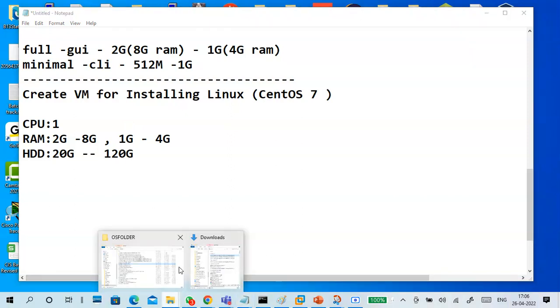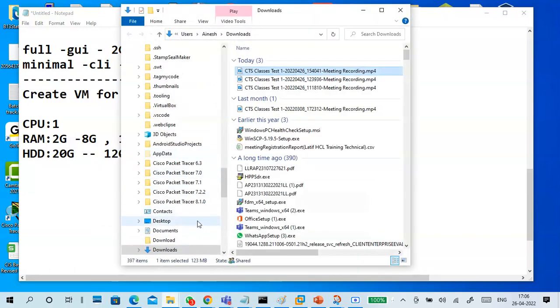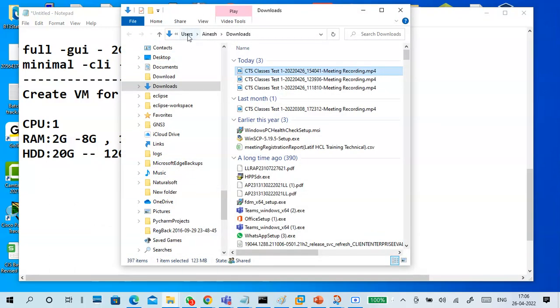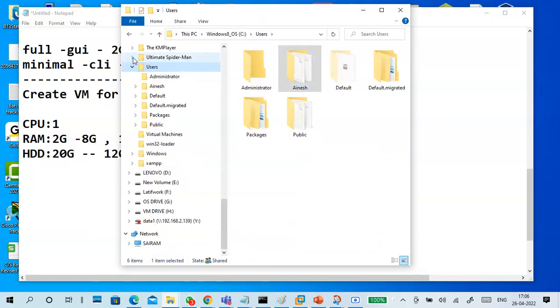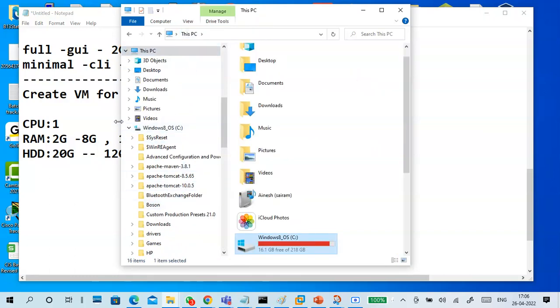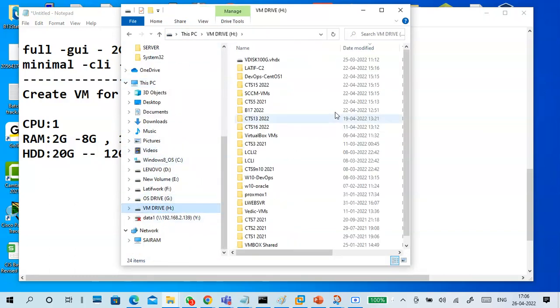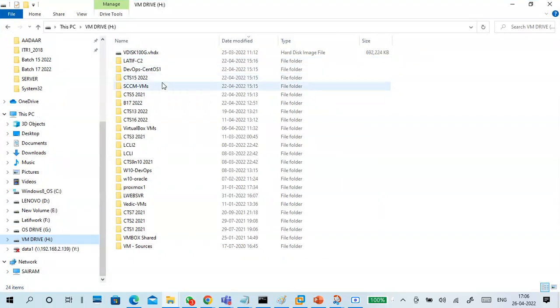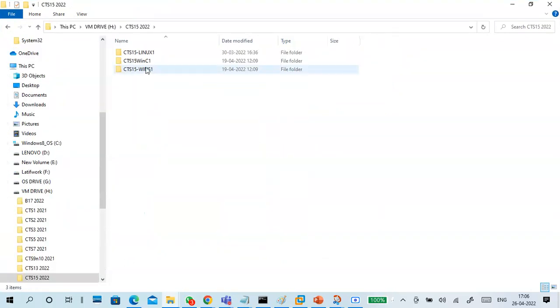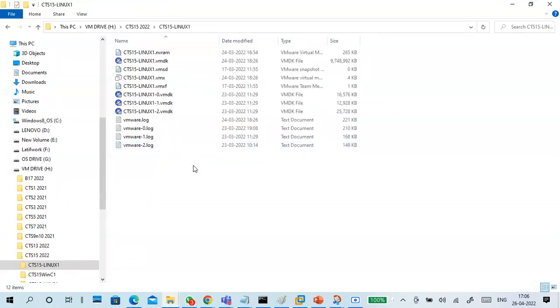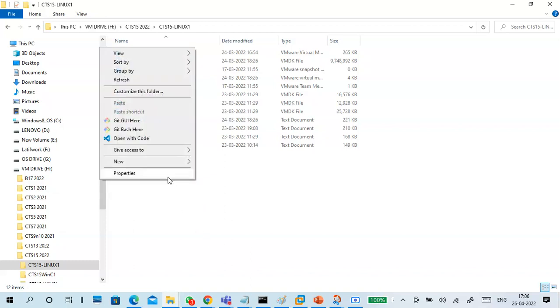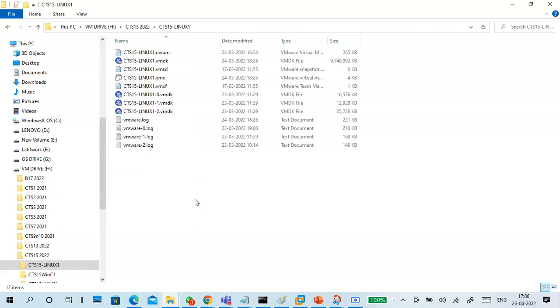If you want to see my virtual machines, you can go to, I'll show you my mini batch Linux machines. This is Linux, right? 15 batch. So it is GUI mode.